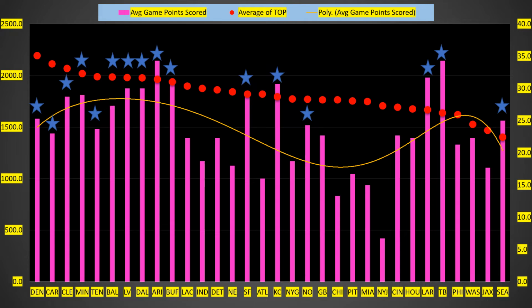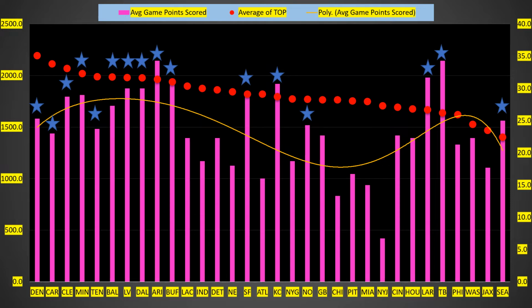So this seems a little busy. I like busy, but maybe you don't. Here's average points scored. I love this pink purple color here. And I did a polynomial trend line. So we see that